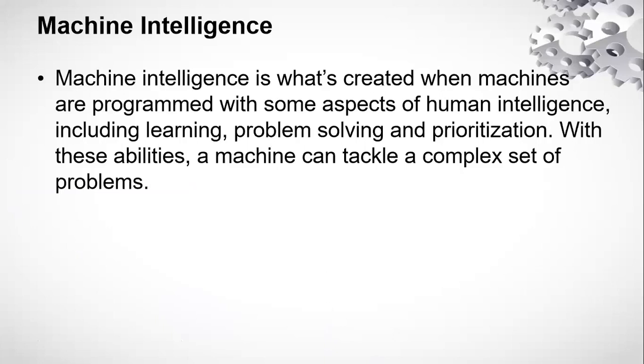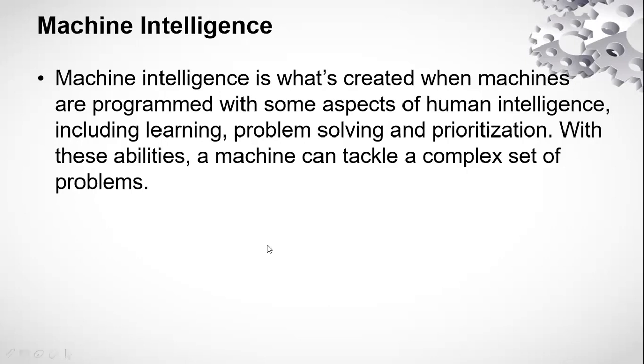Basically, what is machine intelligence? We know that there are two terms, machine and intelligence. So machine is any tool that is being programmed or that is being operated with the help of a human being and is used for performing a specific task. And intelligence is related to the human brain. That is, it has certain characteristics and abilities to learn, to problem solve, to decide for decision making, and so